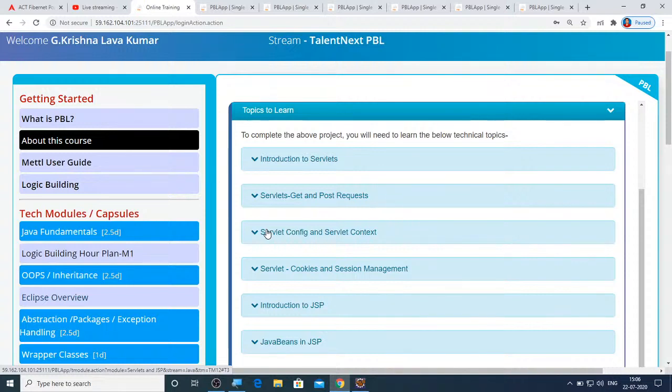It's being exposed: whatever information you are passing or posting to the server is shown in the URL if you use the method get. But if you use the method post, then the URL will not be appended by the information that you are submitting to the server. That's the major difference you need to remember.